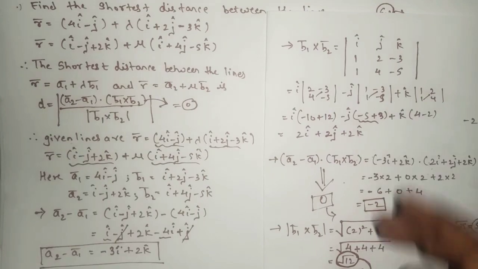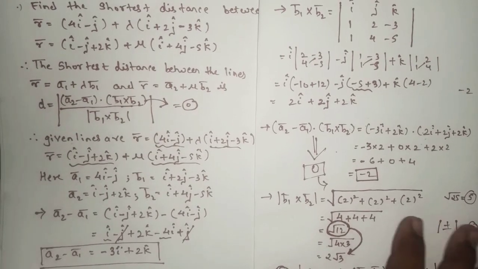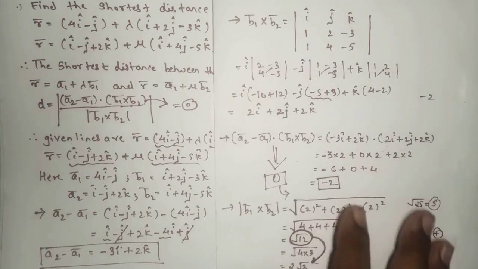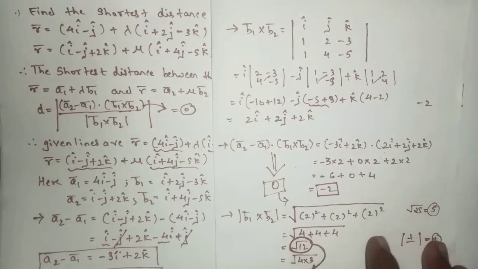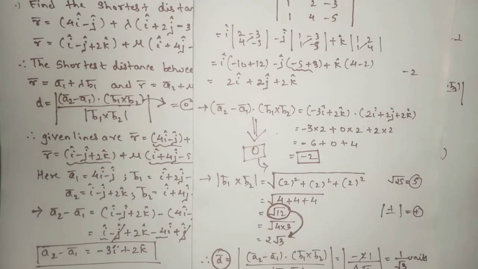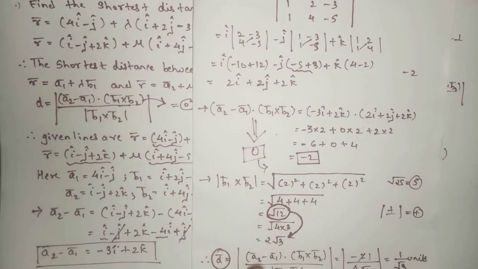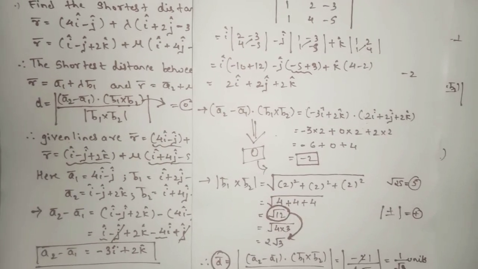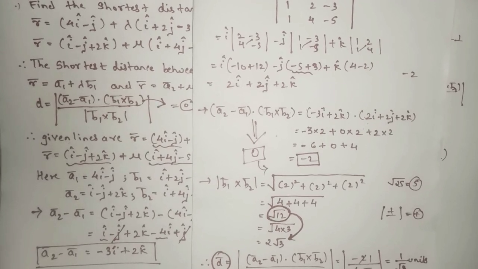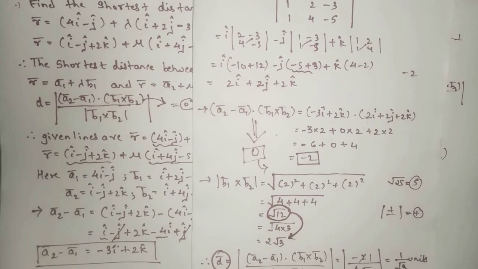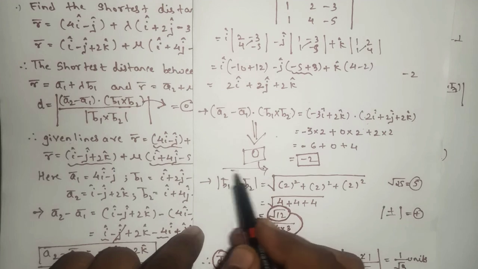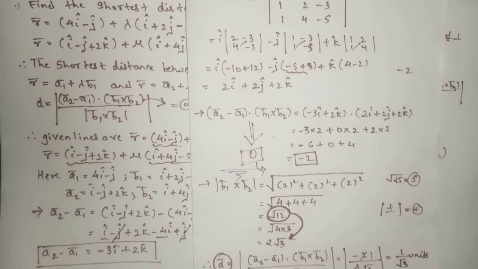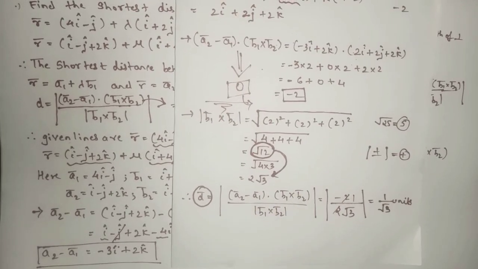So the procedure will be the same. First you will find a2 minus a1, compare, write the formula, then find b1 cross b2, then find the dot product. After that there is no need of the remaining two steps. If you straight away get the answer 0, the next step you will write is that the two vector equations of lines are intersecting each other. This will be the final step. No need of finding the magnitude of b1 cross b2 and the last step.